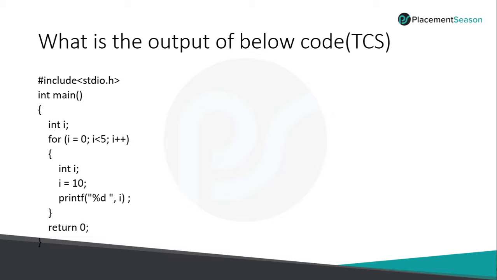Maybe in the first loop, if you say i equal to 0, i less than 5, the condition is true. Again i equal to 10, it is printing 10. Again this condition is false. Many of the students have answered in this way, that it prints only 10. But if you execute this, it will print 10 five times. So this is a challenge for you. Before executing this program, understand the scope of variables declared before the for loop and inside the for loop. The answer for this question is 10 10 10 10 and 10.